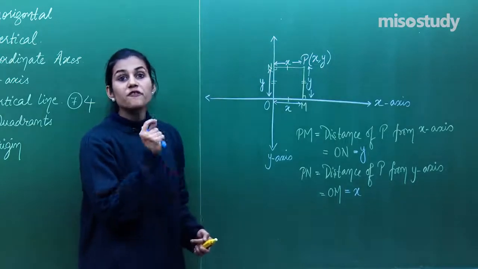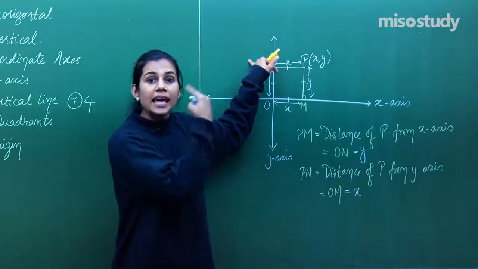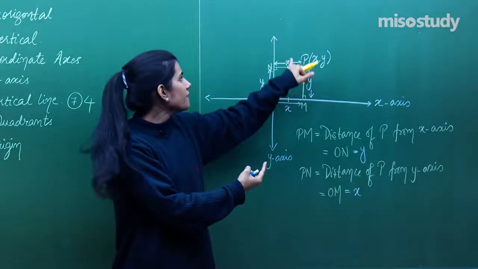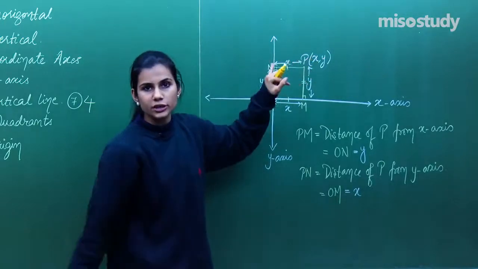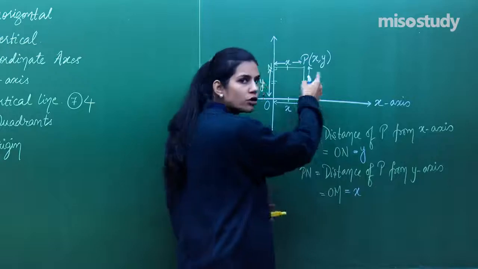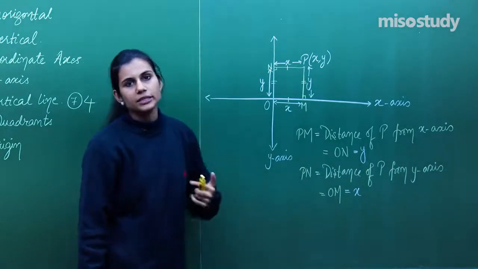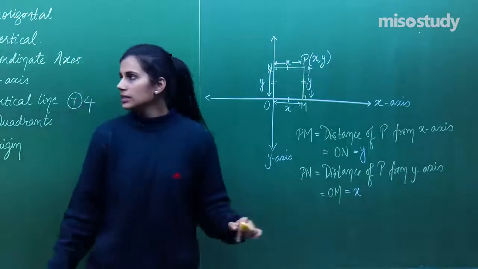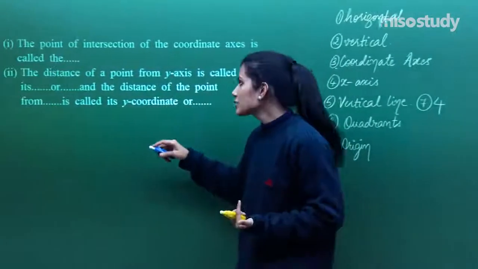So however far is point P from the y-axis, that is the x coordinate of the point, and however far is the point from the x-axis, that gives you the y coordinate of the point. How far means you drop a perpendicular from that point onto these two axes and measure the length of that perpendicular, that will be the distance. So we have got the answer that the distance of a point from the y-axis is called its x coordinate,